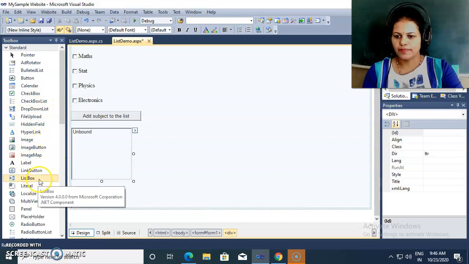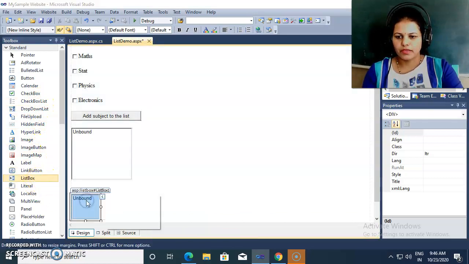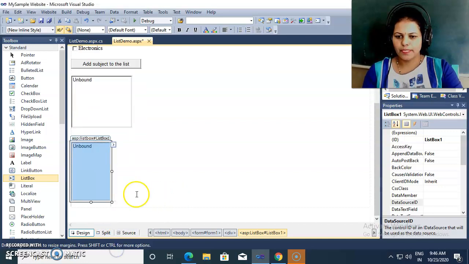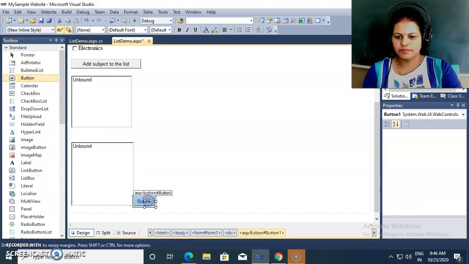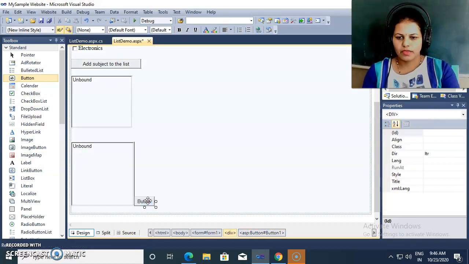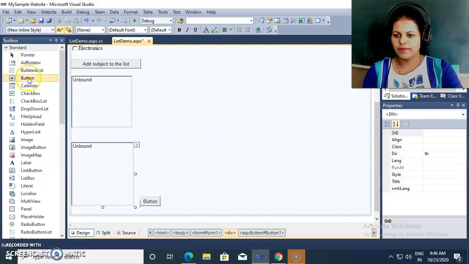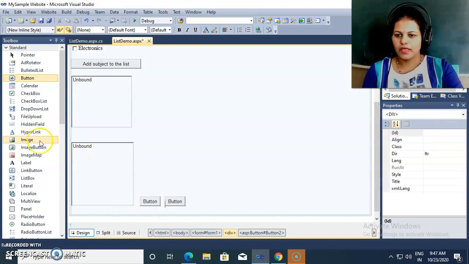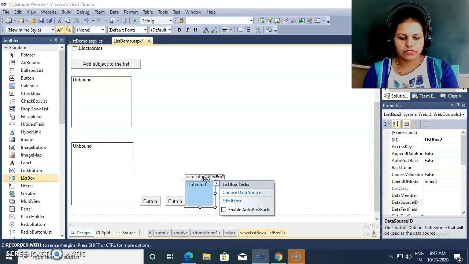So here I'm taking one list box control, then I'm taking one button, I'm using some space here, then one more button I'm adding here, then one more list box I want in front of this.